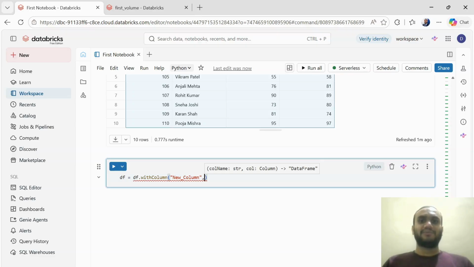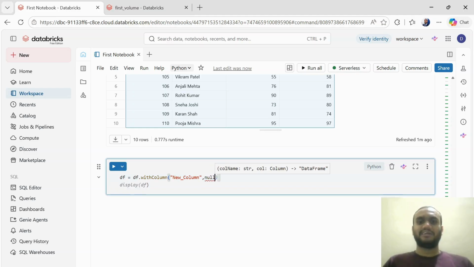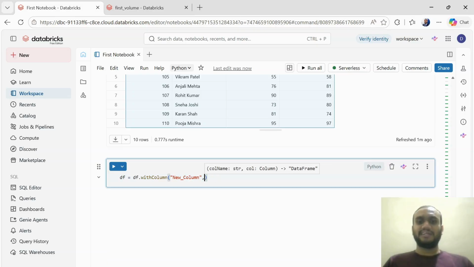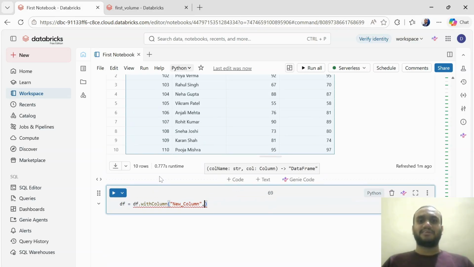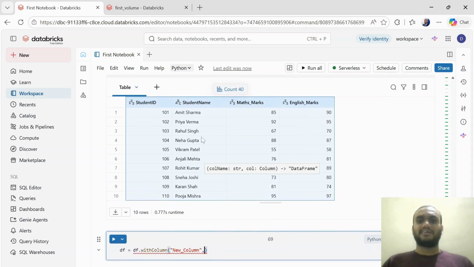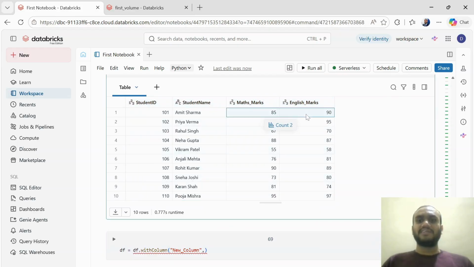Now you have to give some values, otherwise it will come as a null. If you want to populate it as null, put null, but if not, then we can add some extra things, meaning we can get it as a total of both marks. This is the mathematics marks, this is the English marks, but what is the total of these marks? So we can add